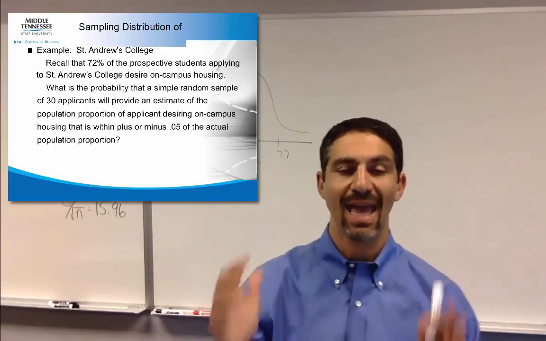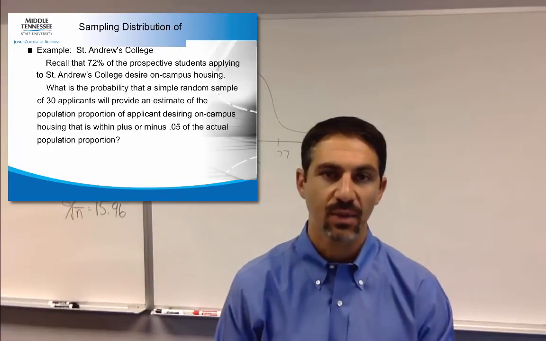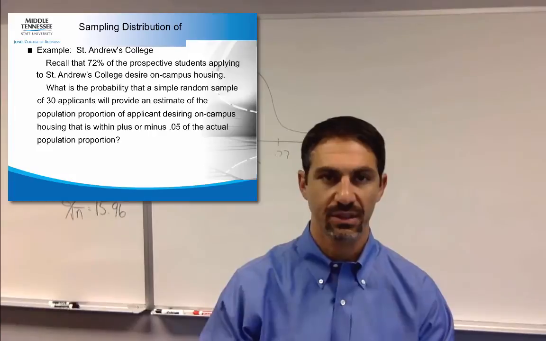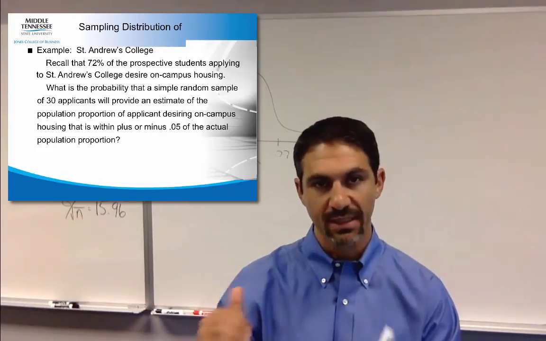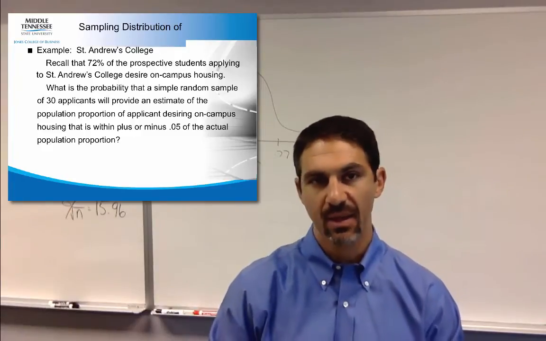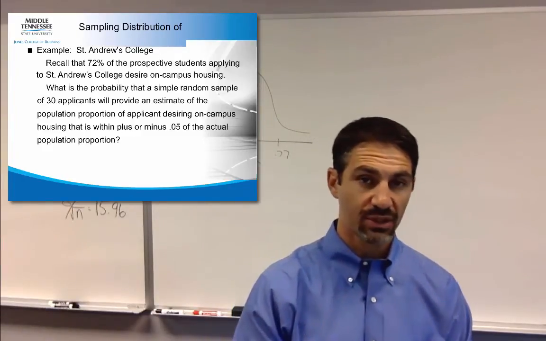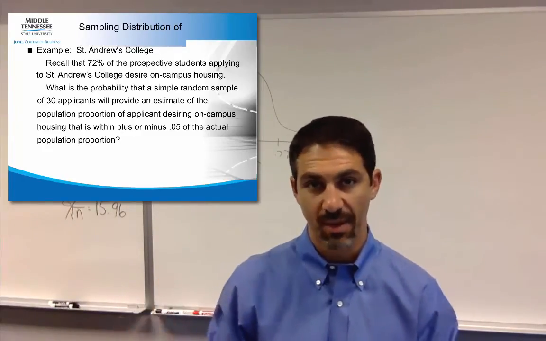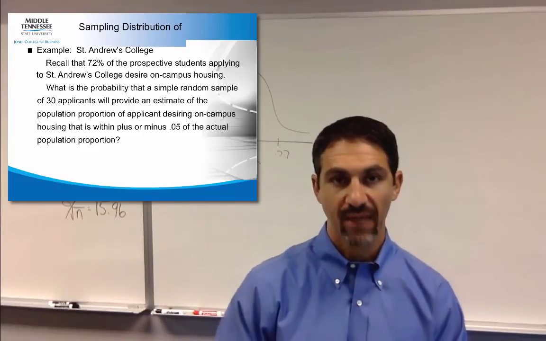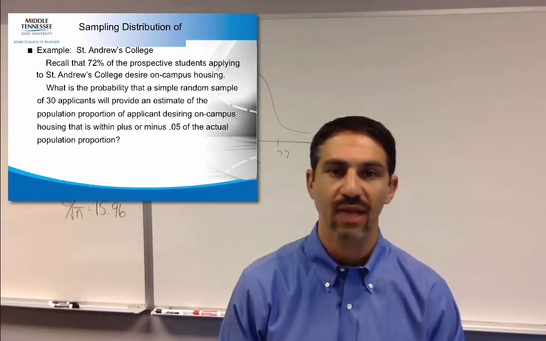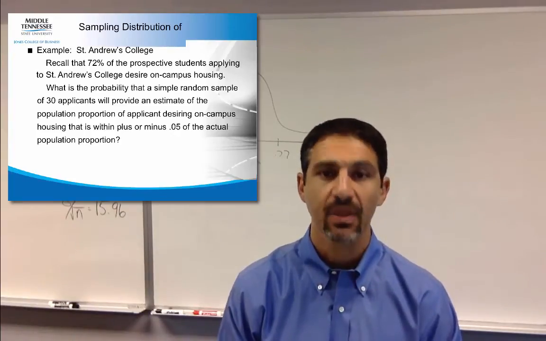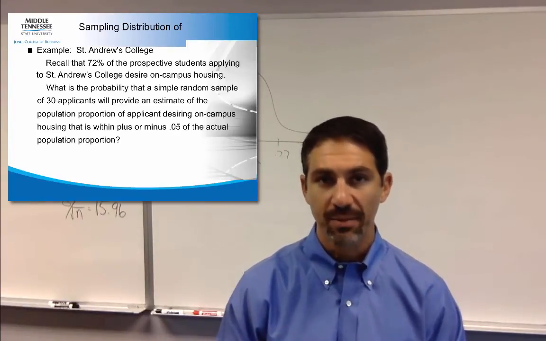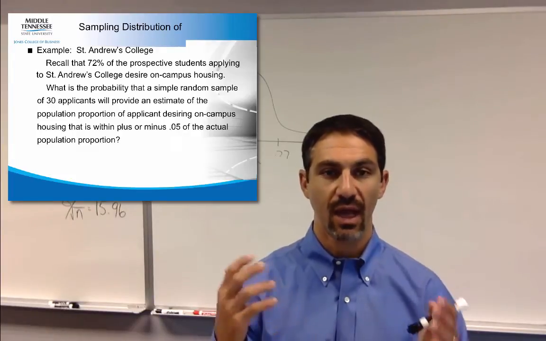Okay, let's take a look at another example. In this one, we're looking at proportions. And so if we have proportions, if we meet certain criteria, which I'll show you on the next slide here, then we can use proportion data with z-scores to come up with these probabilities. So if we find out that at St. Andrews College, 72% of all students want on-campus housing,